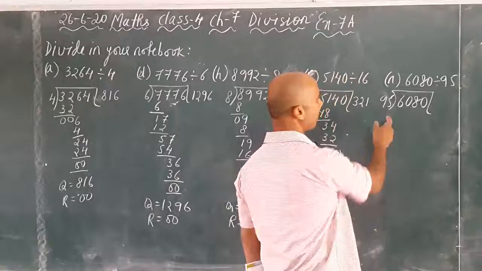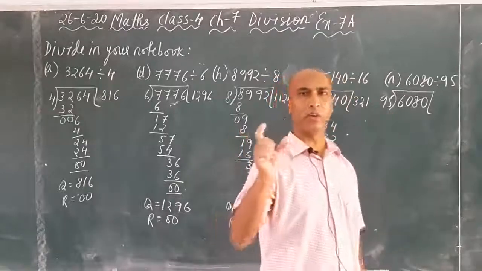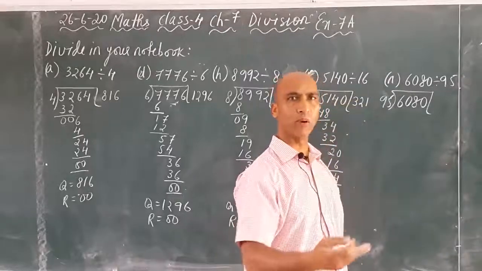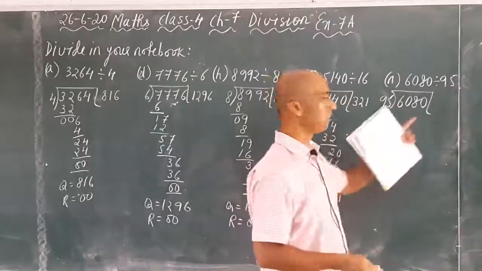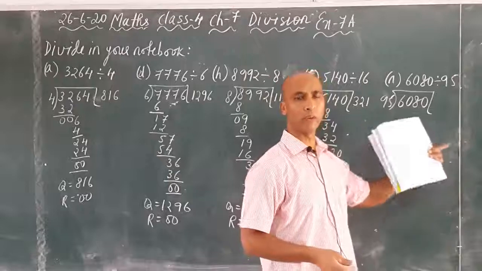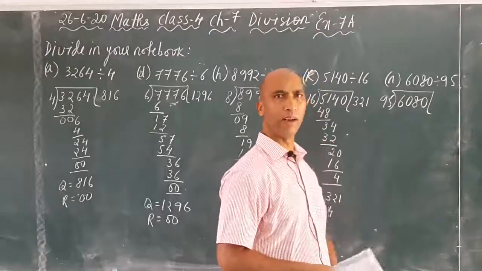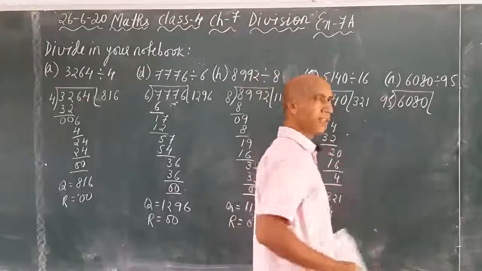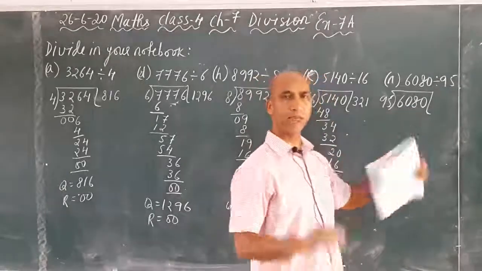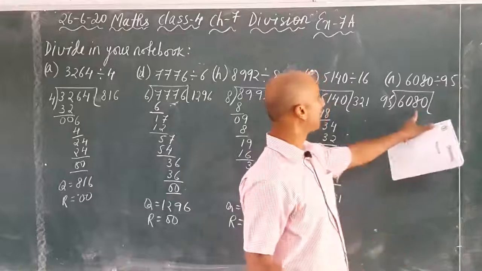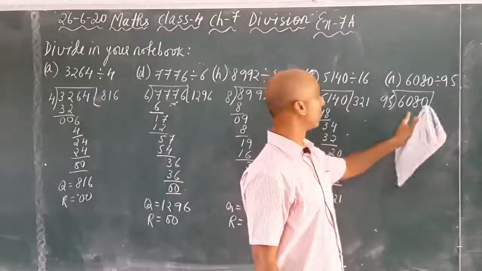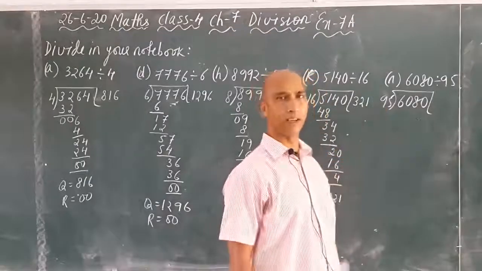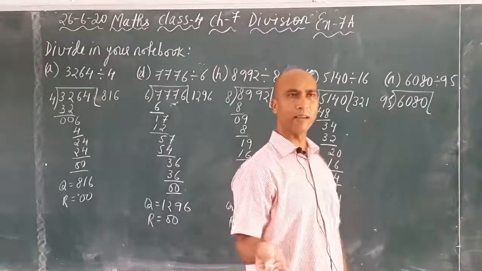Now 95 is a big number, you cannot know the tables by heart. So in this case what you will do, you will make a rough column and you will show the working over there, how you are knowing how many times it will go. So now the first 2 digits are 60. 60 is less than 95, so it cannot be divided. We will take the next digit, that is 8. So this will become 608. Now 608 is more than 95. Okay, so that means it can be divided.